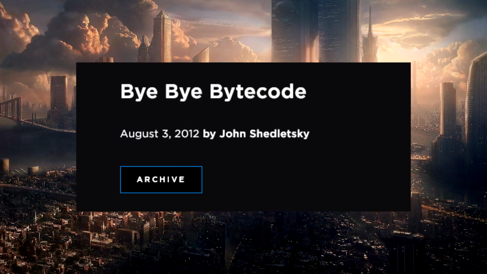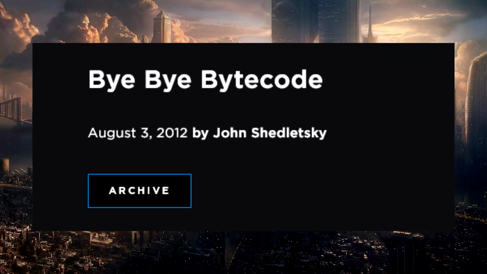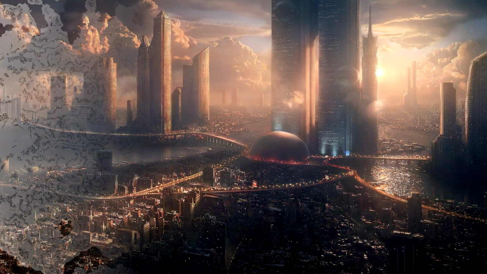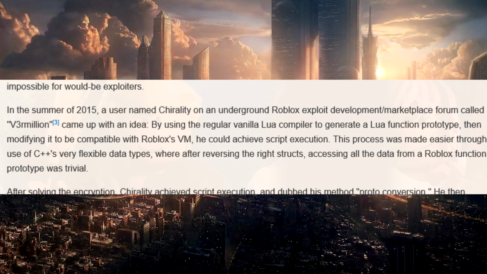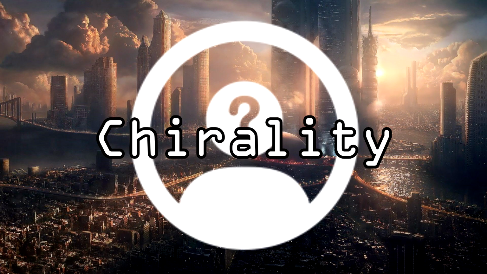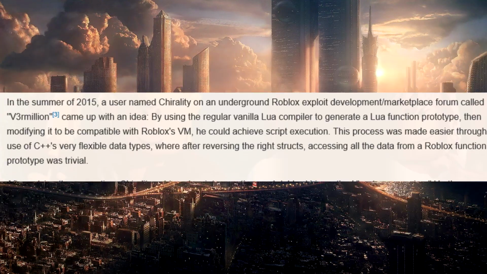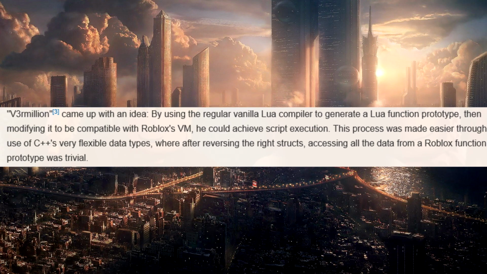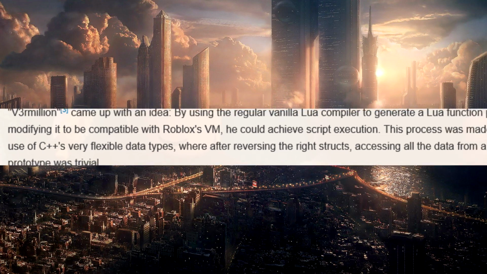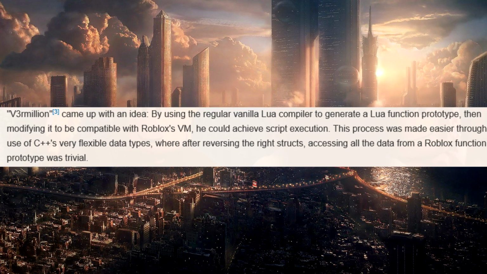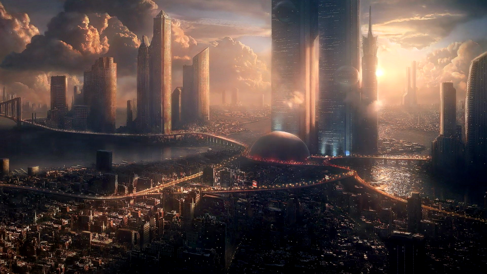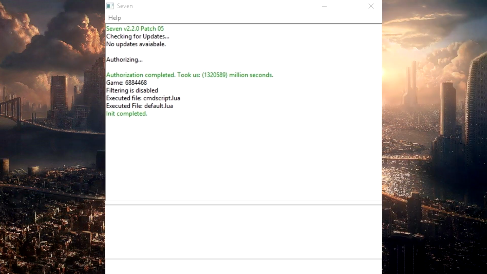After the patching of Lua bytecode, there were still some ways to execute scripts, albeit they were very low-powered, prone to crashing, and often could only execute on the client side. However, with the discovery of what is known as proto-conversion in the summer of 2015, everything changed. A user named Chronology, I'm going to assume is how it's pronounced, figured out that by using the regular vanilla Lua compiler to generate a, quote, Lua function prototype, then modifying it to be compatible with Roblox's virtual machine, which is basically how they run Lua within Roblox, you could essentially execute any script you want, which he then dubbed proto-conversion, and it was basically the foundation for many of the most famous early Golden Age exploits, such as 7,